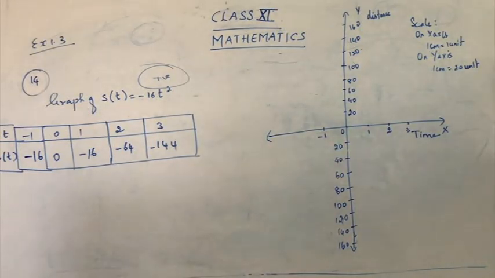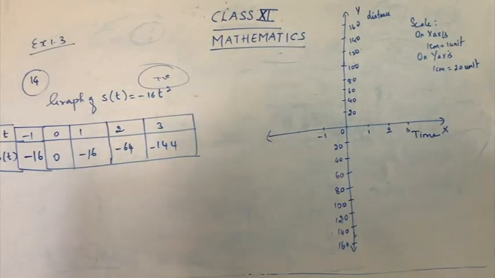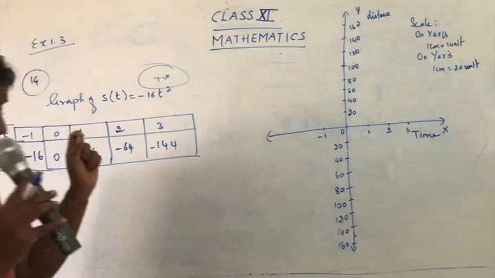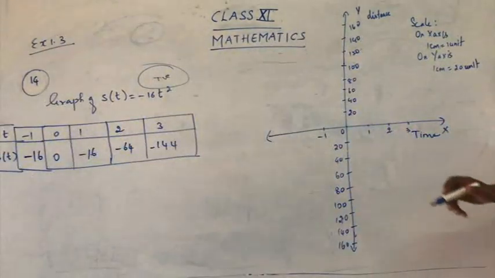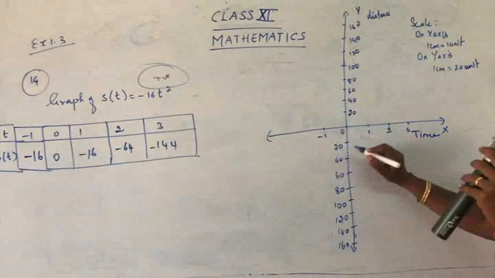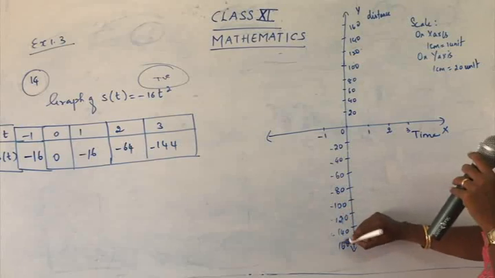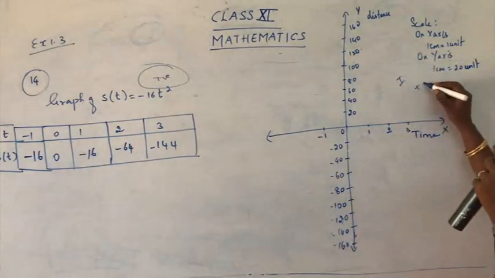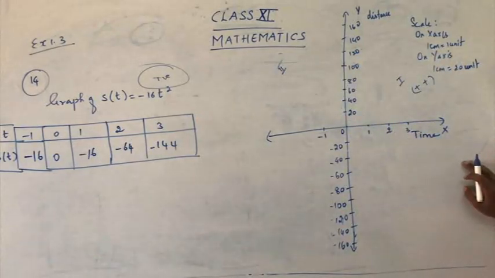Let's start pointing out the coordinates. Let's plot the points. The first one is -1, -16. This is roughly plotted. We have taken 20, so 16 will be somewhere nearby, very close to 20. So -1 and it's -16. Now see, here all plus and here all negatives. This is a very important thing. This is our first quadrant. First is positive, good. Second is, many would have said, yes ma'am, negative. Yes, you're all brilliant people.